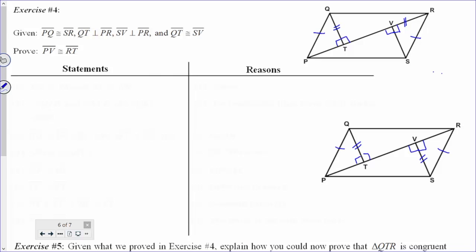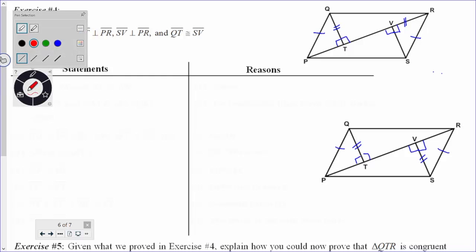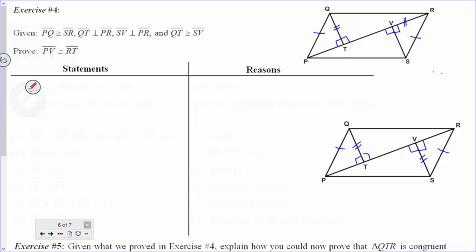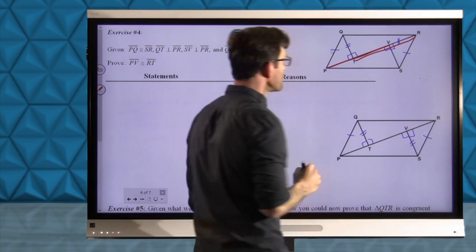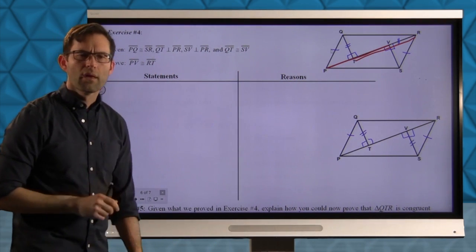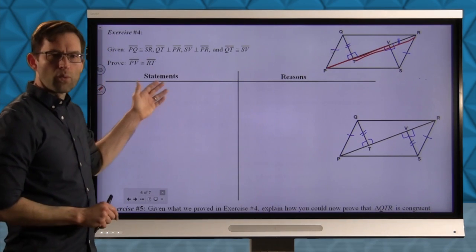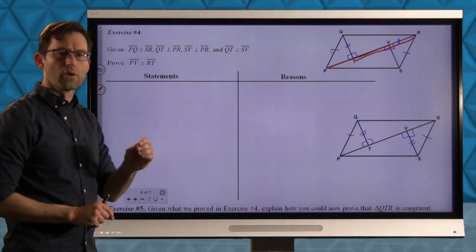All right, so that we've got them everywhere. Now let's understand what we're trying to prove. Let me go over here, change to red, so I can highlight what we're trying to prove. We're trying to prove that PV is congruent to RT. Hopefully that works okay. Now, oftentimes when we're trying to prove that a segment is congruent to a segment, we're